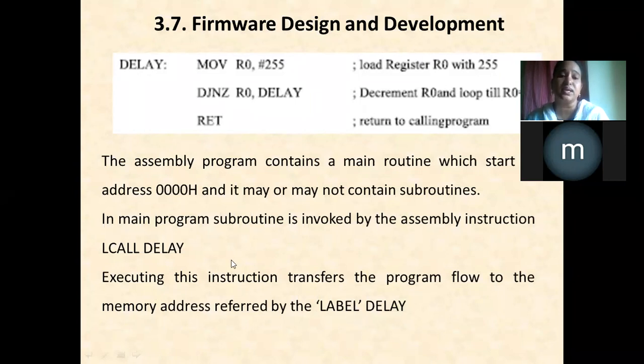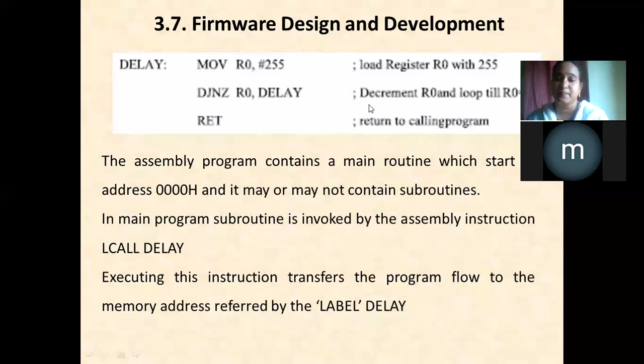No need to write it again and again in the same program. So this is the use of the label. Here delay is the label, then opcode, operand, and the comment. That we'll also discuss in the next slide.